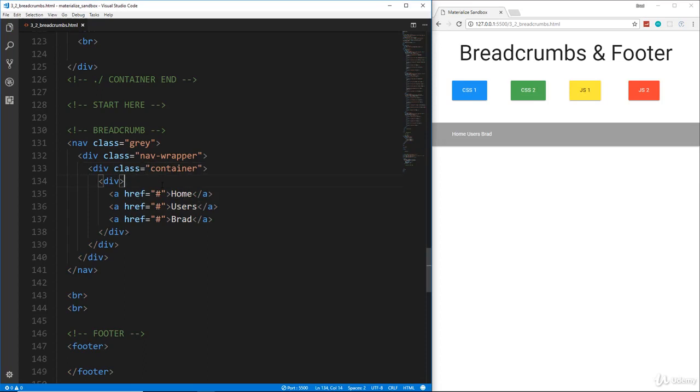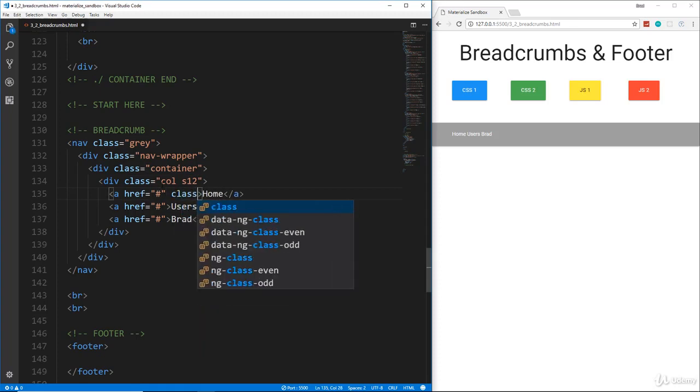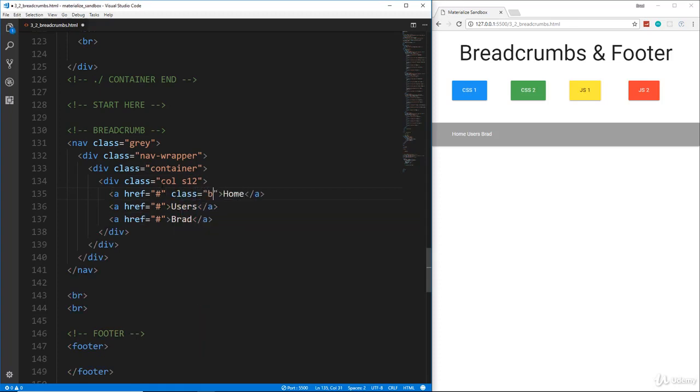And then we have our div here. Now this, I'm actually going to give this div a class of col s12. Okay, so just a 12 column row. And then for each of these a tags here, we're going to do class equals breadcrumb. And that'll spread them out a bit and just make them look much better. So let's say class